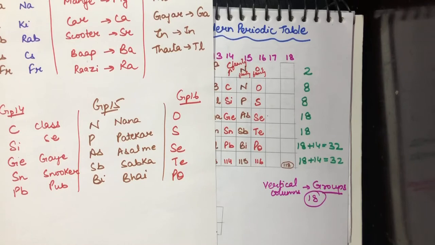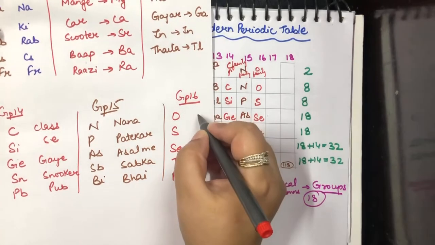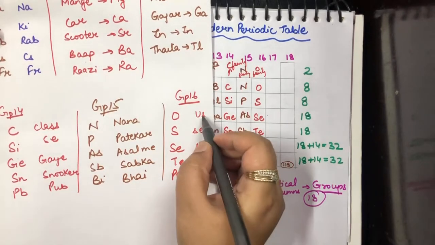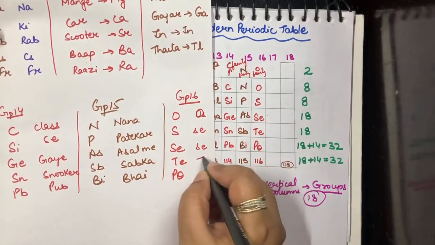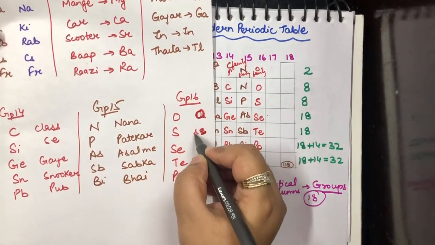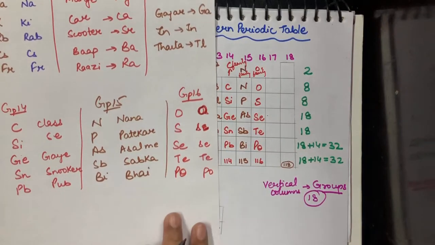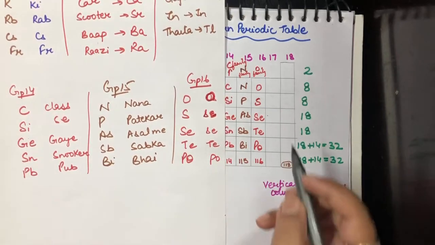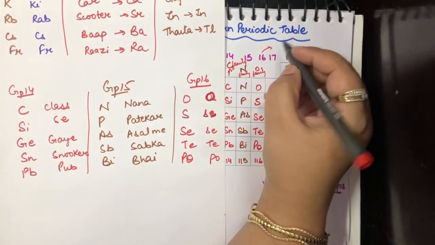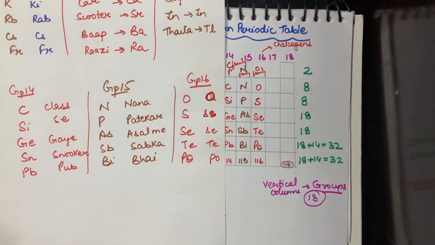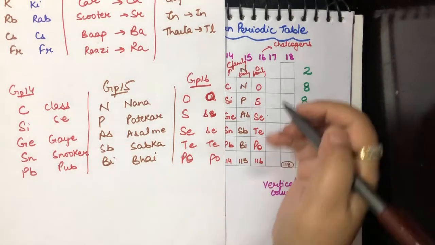Right? So now what is going to be the name for this? We call it os se tipo. It is O or S here, os se tipo. It is your cheater family. It's a cheat family. And also I would like to mention here that group 16, your oxygen family, is also called chalcogens. The common name given to the entire group is chalcogens. Now let's come to group 17. Group 17 are your halogens.